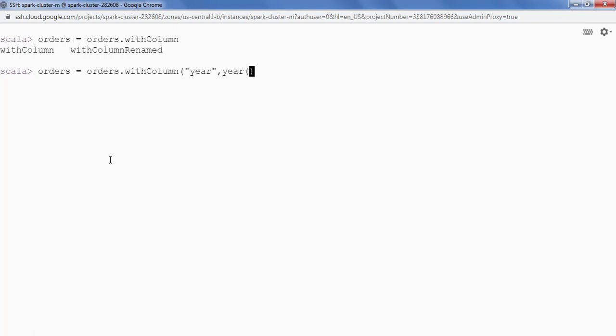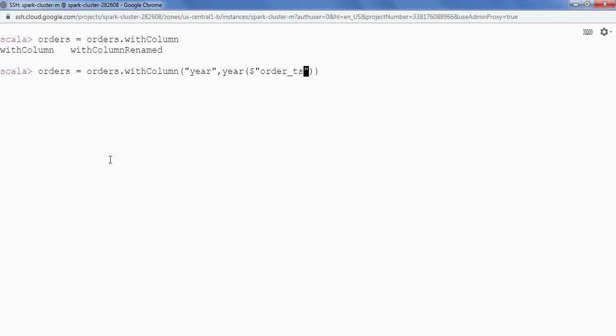orders is equal to orders.withColumn, and in this withColumn I have to add a new column here, and the value will be, we can use the year function and simply pass the column order_ts.